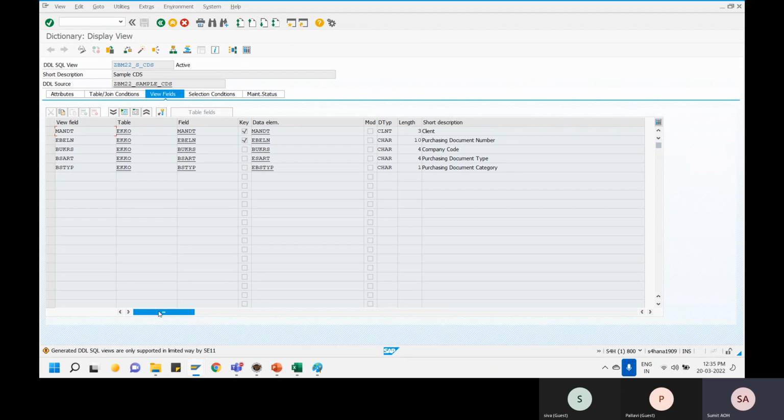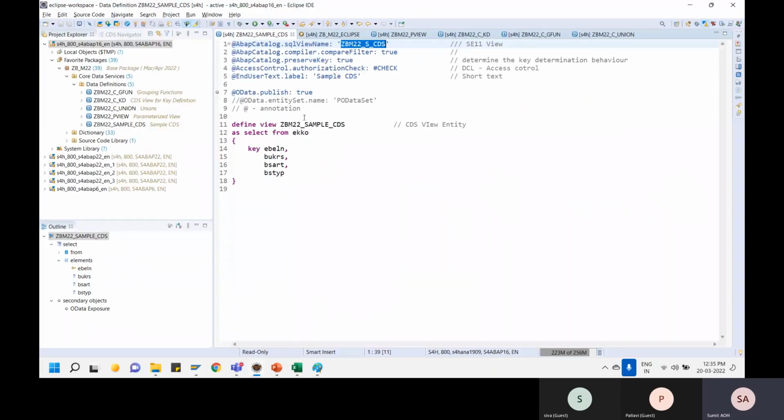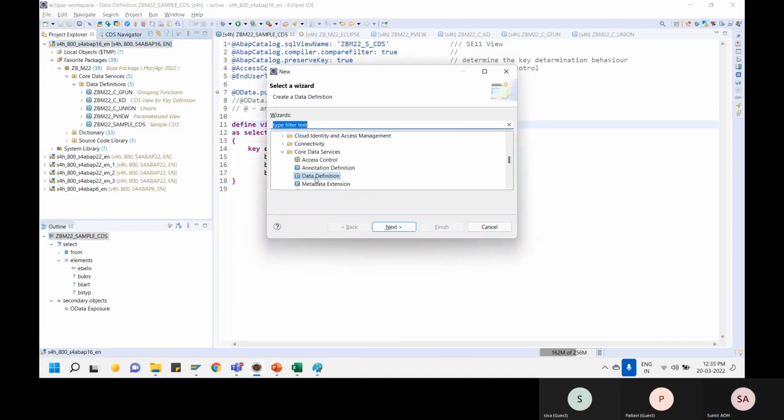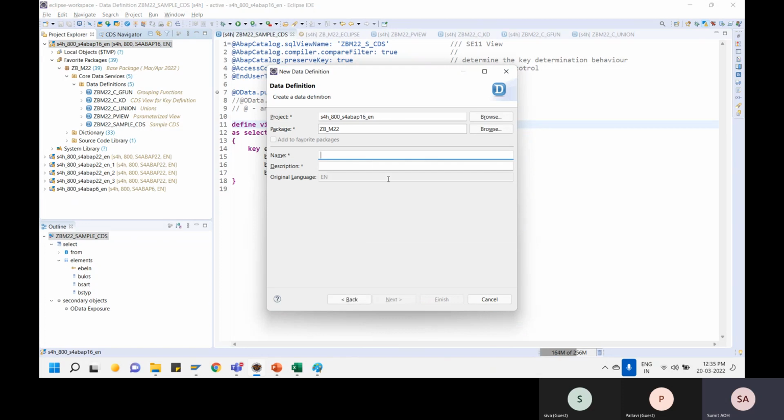You can have certain extension structures, but those structures are something that you won't be creating. Instead, the system would be creating those structures directly for you. How can I do that? For example, I want to extend this sample view. All I can do is go over here and say I want one more data definition, which is,